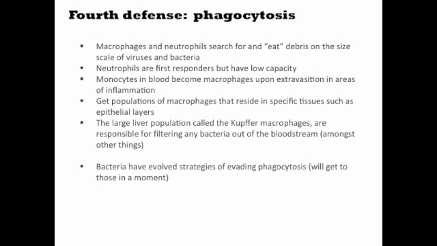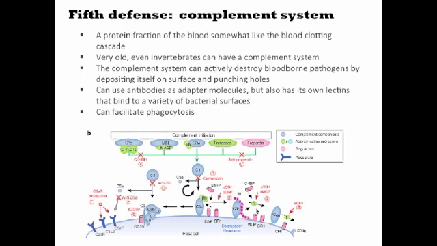Okay. So there are mechanisms of evading this too, and we'll get to that evasion mechanism in a second. But there's a second piece of this, which is the complement system. The complement system is kind of like the thrombin system in your bloodstream, in the sense that it's just made of protein. There are no genes involved. I mean, obviously some genes in some organ somewhere are biosynthesizing these proteins and secreting them, but the system itself is not dynamic with respect to transcription. It is a purely post-translational system where